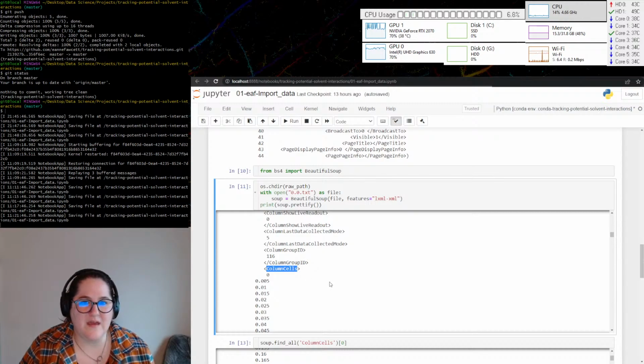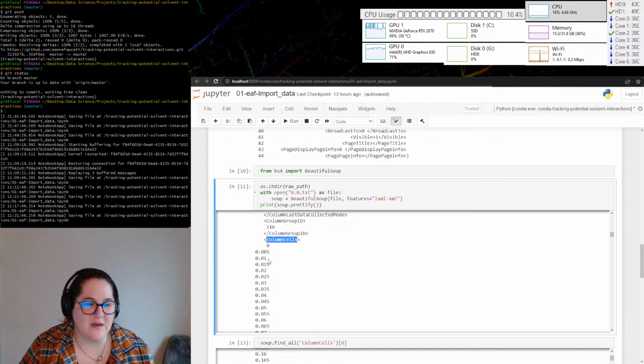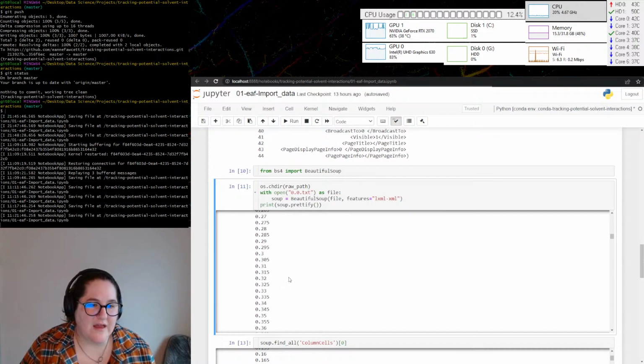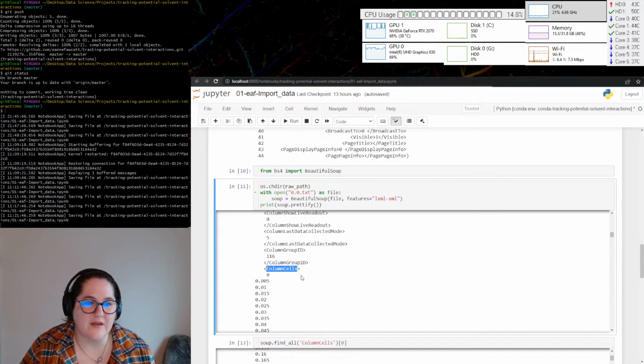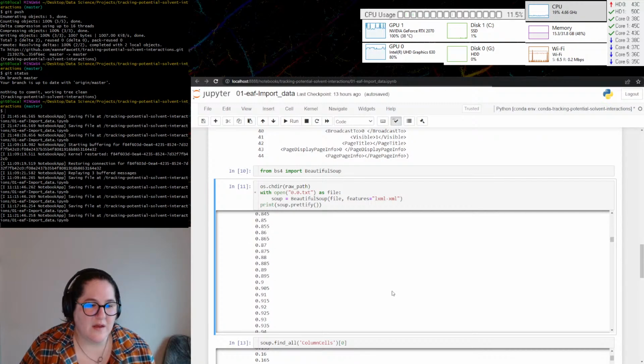So we know that the name for one of the pieces of data is column cells. Because this is incrementing up equally, I bet that this is time. And that data was recorded in, what is that, milliseconds? So I now know that if I want to find the data, I need to look for the tag column cells. And this goes down, and as I mentioned earlier,